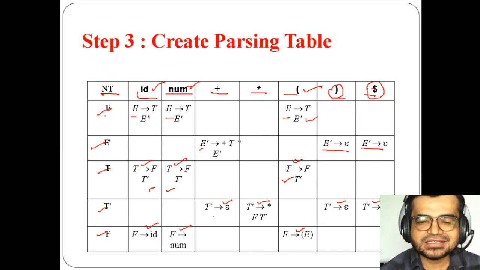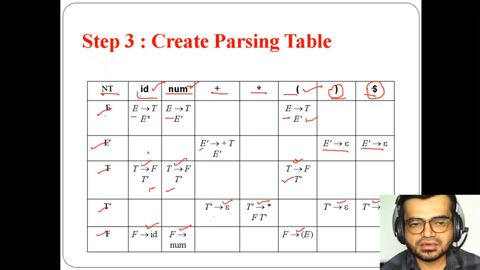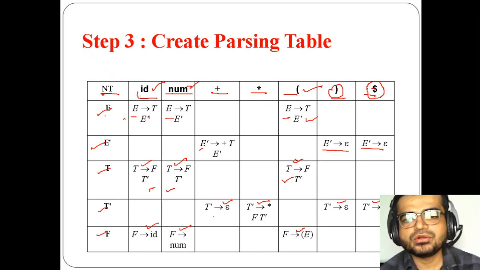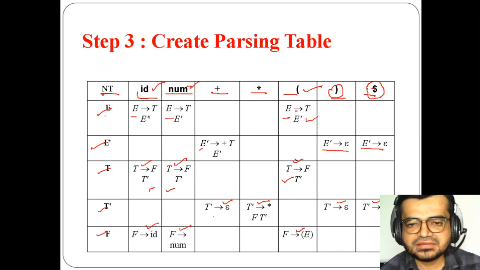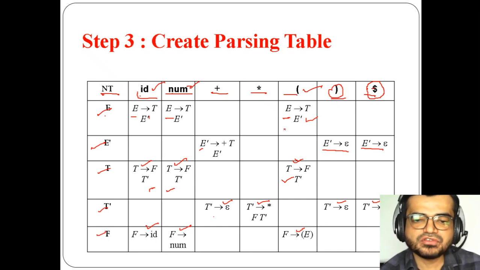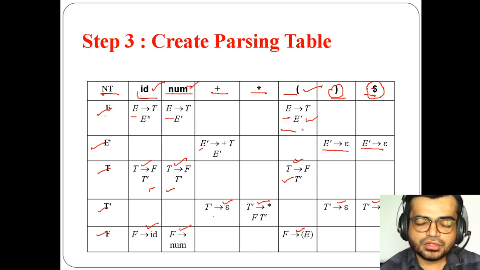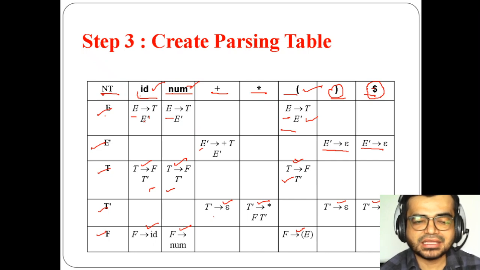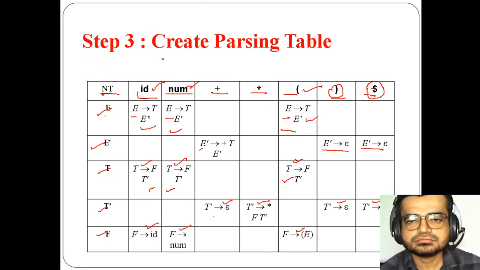So if you find such a condition that in every box of the parse table which we have created you find only one production, like here E as TE dash, and if suppose you had taken another production here, then that is a different case. But in this example, either in this box or in every box you are finding only one production. So if that is the case, then you can say that the given grammar is LL1.